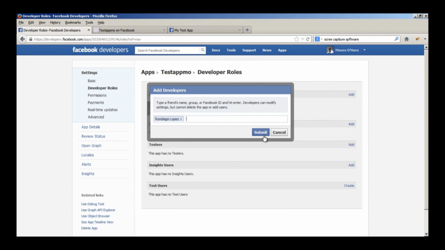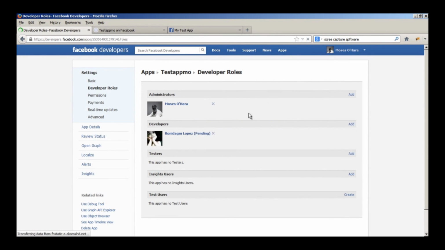Now, once I've done that, what will happen is Ronnie will receive a Facebook notification for a developer request. In order for her to become a developer, she just needs to click on that request and say, yes, I accept. And as you can see on the screen at the moment, under developers, because I've just added her, it says Ronnie, and then it says pending in brackets. Once she's accepted the developer request, that pending will disappear, and she'll then be able to access the application whilst it's in the sandbox mode. And essentially that's